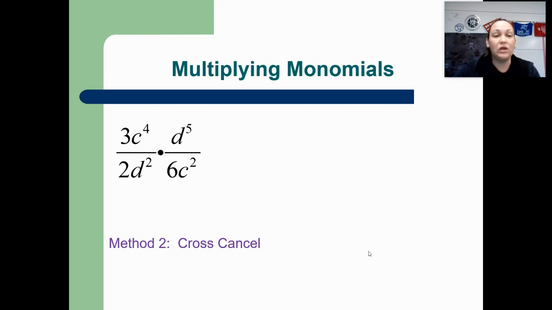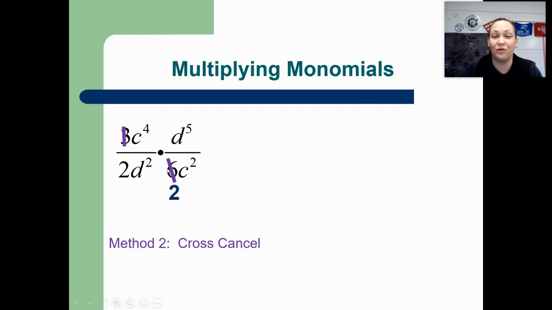Cross-canceling is when you see something on the top of a fraction and on the bottom of a fraction that can be simplified. Cross-canceling is technically a division problem. For instance, I have a 3 on the top of my first fraction and a 6 on the bottom of my second fraction, and I know that those are both divisible by 3. So I could divide those both by 3,